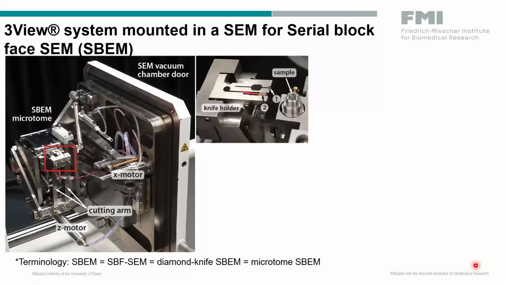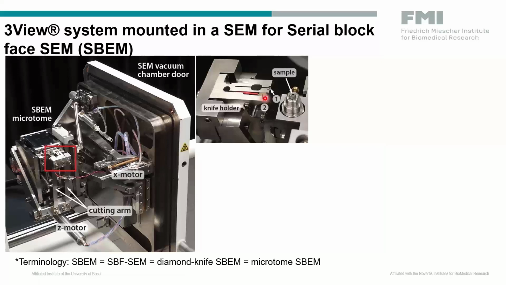As you see, the microtome is mounted on the door of the SEM, and you see in the middle part the sample in the holder. This is the microtome with the knife, and the block sample is positioned directly under the SEM column. After imaging the block face, the sample is moved up